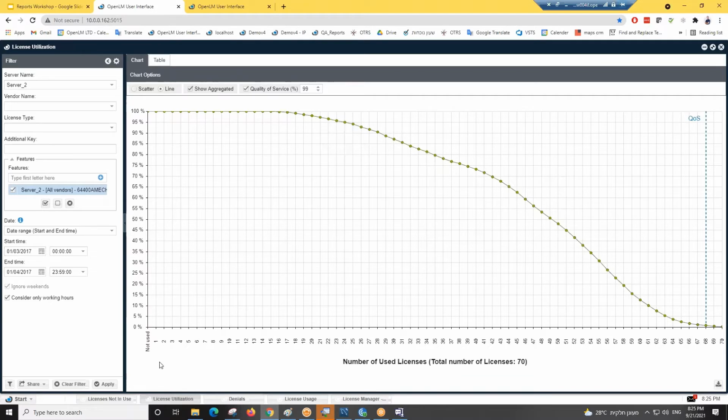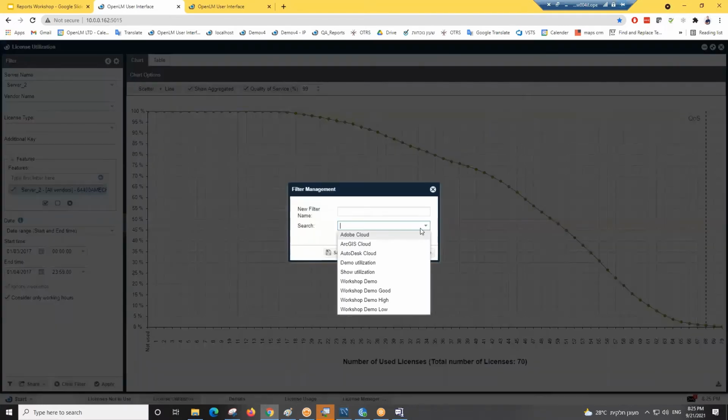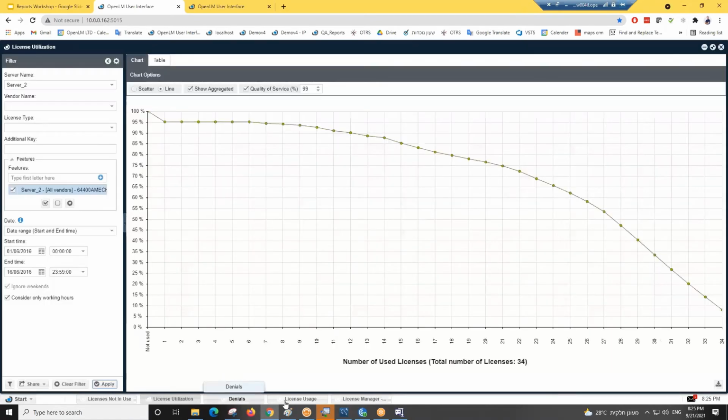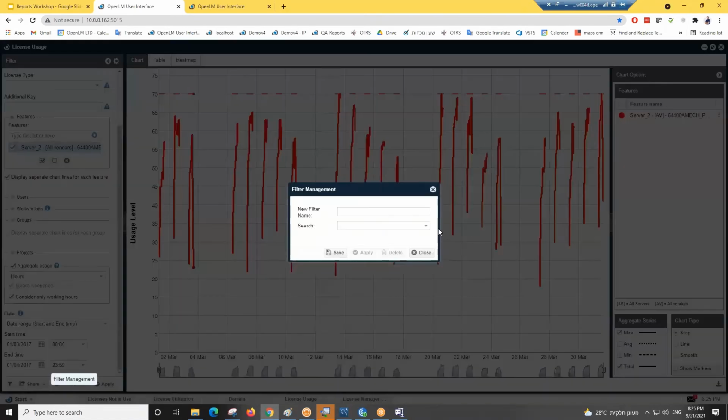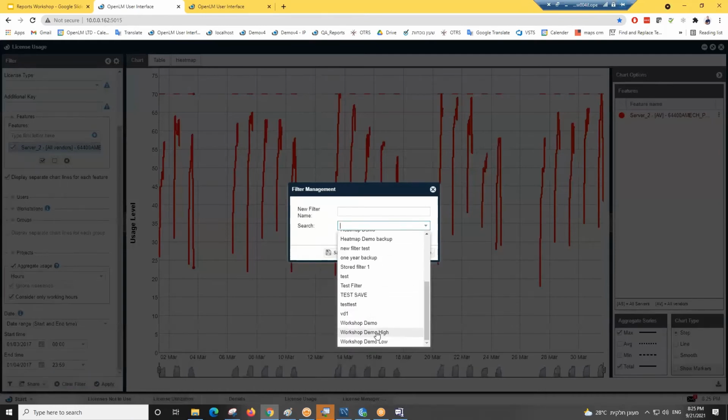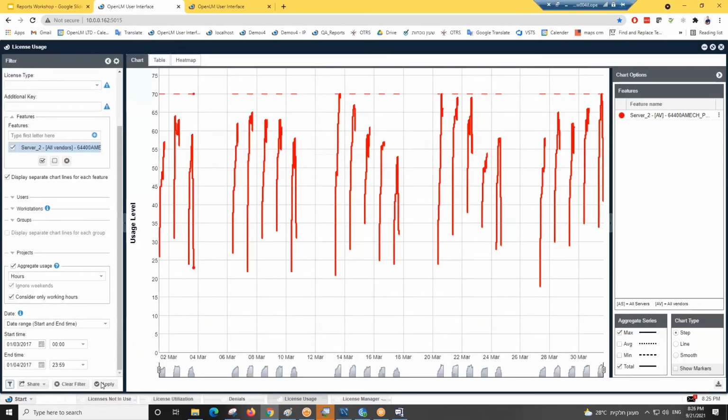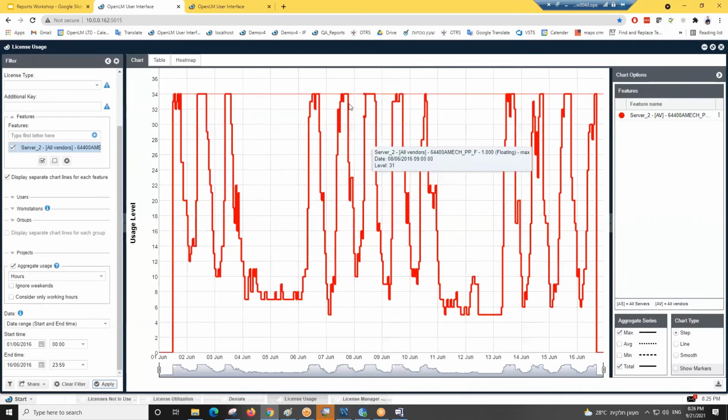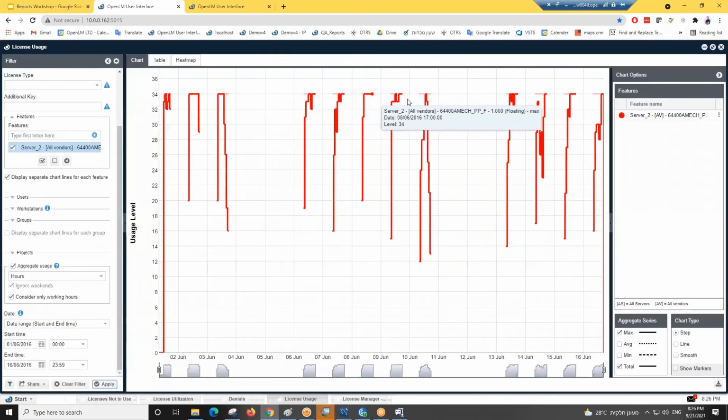But let's take another case. Now that we understood this one, now I know it's a lot to wrap our heads around, but let's get another example. Let's get the demo high that we had before. So we'll say demo high. Let's get that one. The one that's maxed out most of the time, and during working hours, we see it's indeed maxing out a